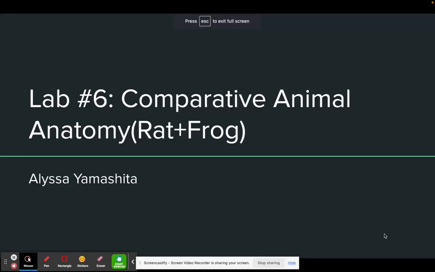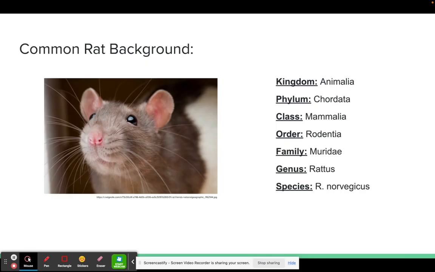Hello, my name is Alicia Mashla, and this is my Lab 6 Comparative Animal Anatomy between a rat and a frog. So, some common rat background: the kingdom is Animalia, phylum Chordata, class Mammalia, order Rodentia, family Muridae, genus